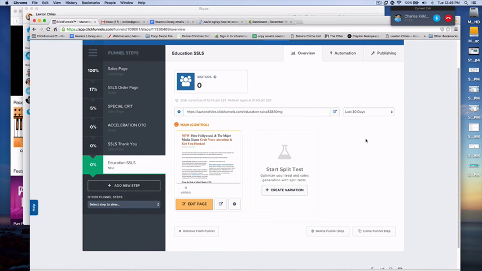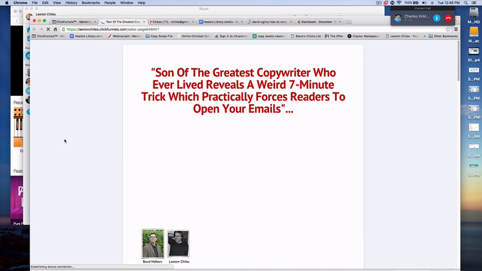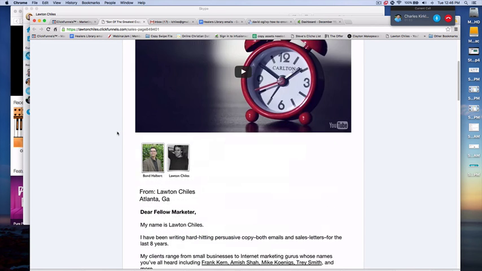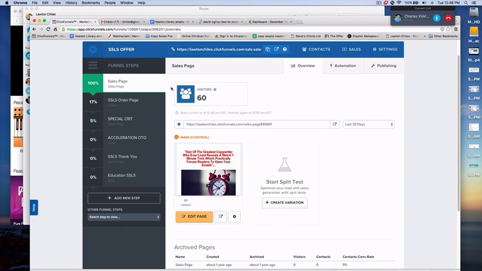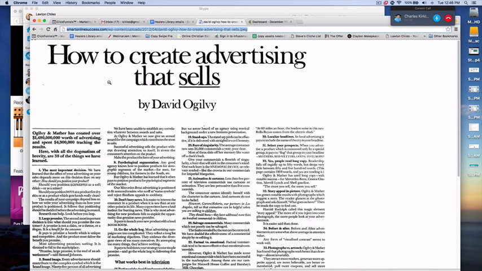Now, you could call this a whole bunch of stuff. You could call it education-based marketing. You could call it a native ad. You could call it any kind of thing. Now, the main objective of this is, before they see this page, before they see, hey, I'm selling you something here, we want to put them into a state of belief where we raise their expectations, we raise their desires, and we lower their doubts. And one of the main ways we do that is through articles like this.